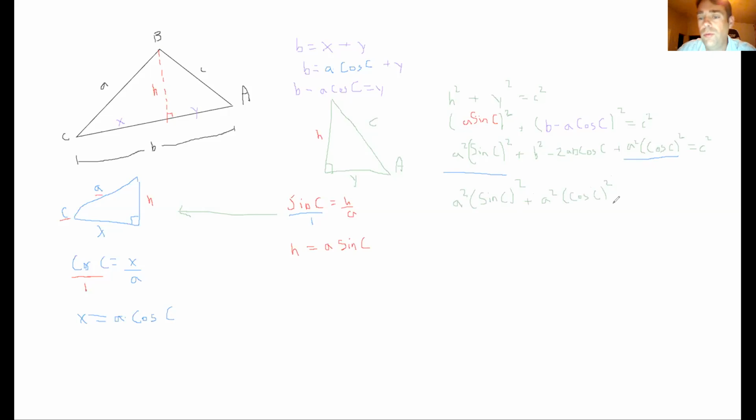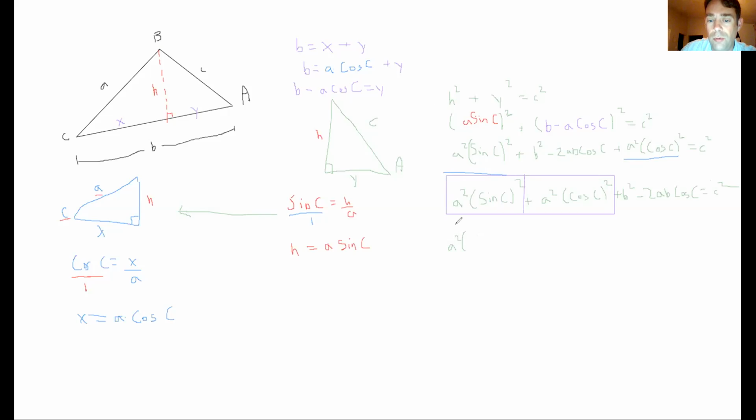we haven't talked too much yet about different trig relationships, but there was a trig relationship you guys learned back in integrated 2 that somehow tied cosine and sine together. It's going to be one that we're going to have to use here in one second. So, friends, all of a sudden I notice that they both have a squared with this. So what if we were to factor out the a squared from just these first two terms? If we were to do that, the a squared would come out, and what we'd have left over would be